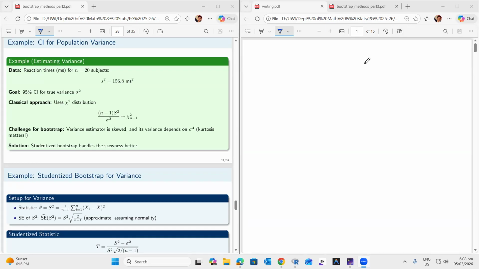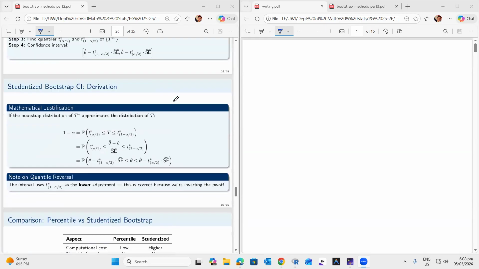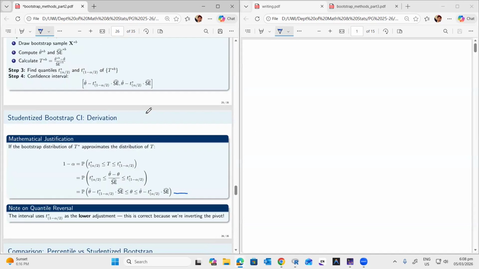So yesterday we just discussed the studentized bootstrap method. In that method, we discussed the confidence interval of that particular studentized bootstrap method. That was your theta cap minus t star 1 minus alpha by 2 into estimated standard error. All right, and the upper limit was theta cap minus t star alpha by 2 into estimated standard